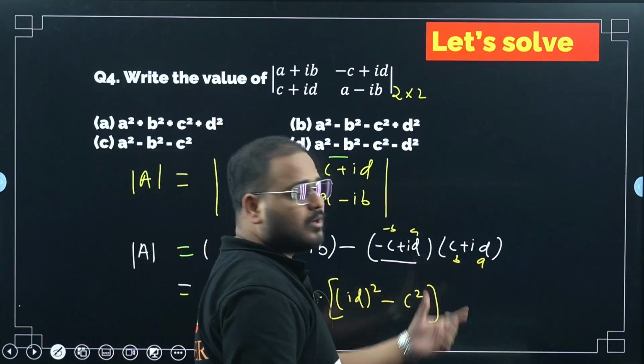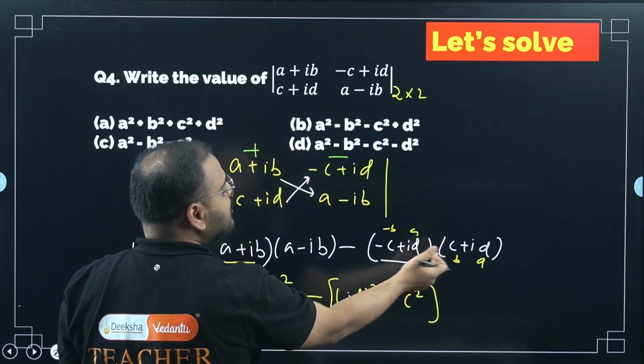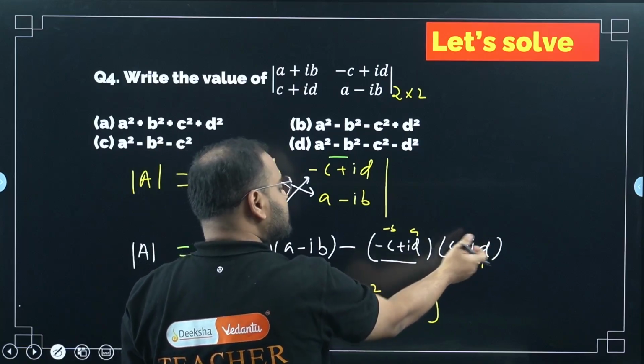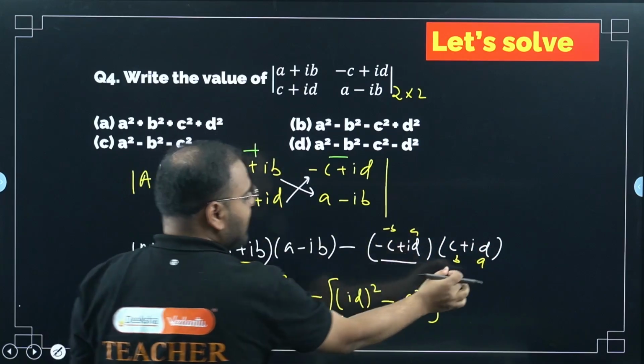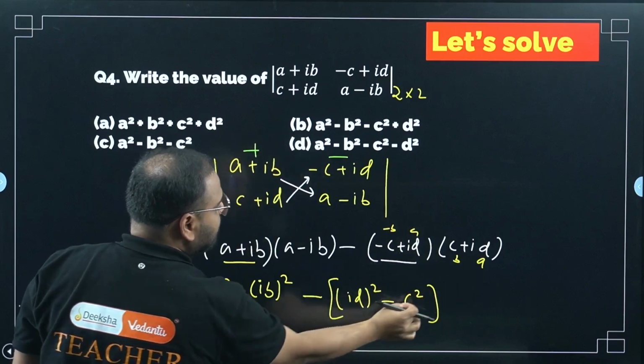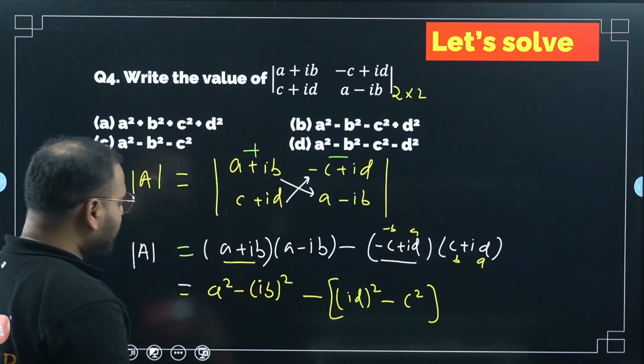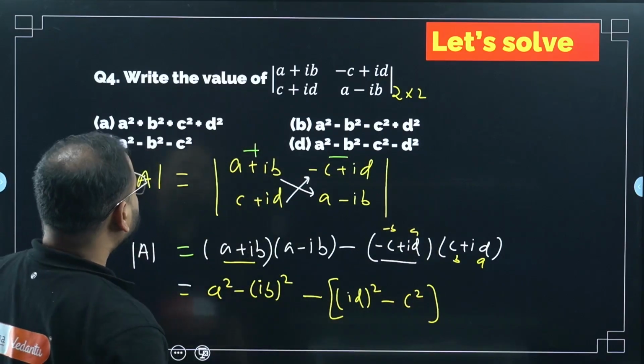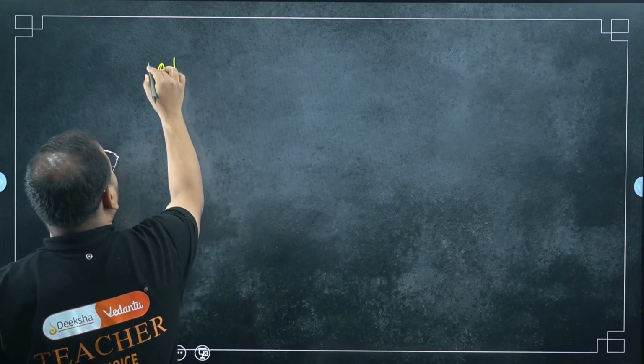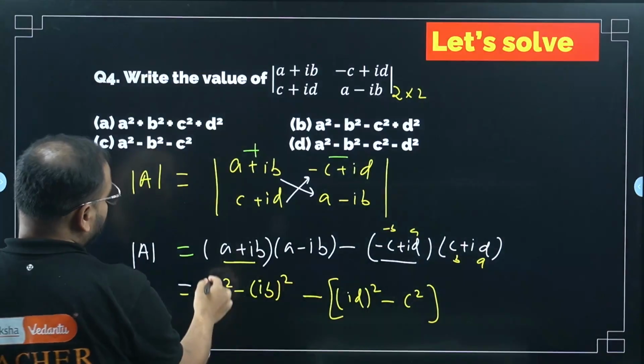So I have taken this, ulta, id plus c the whole square, sorry, id plus c and id minus c. So I can take a plus b and a minus b in this order, so id whole square minus c square. Simplifying this will give me what? Let's check on the next slide. So I will have determinant A equal to simply a square